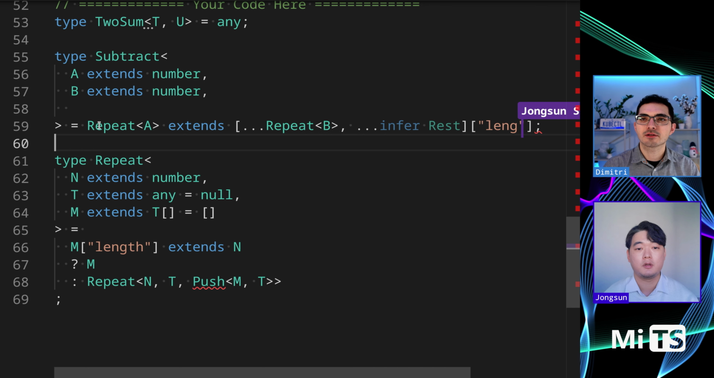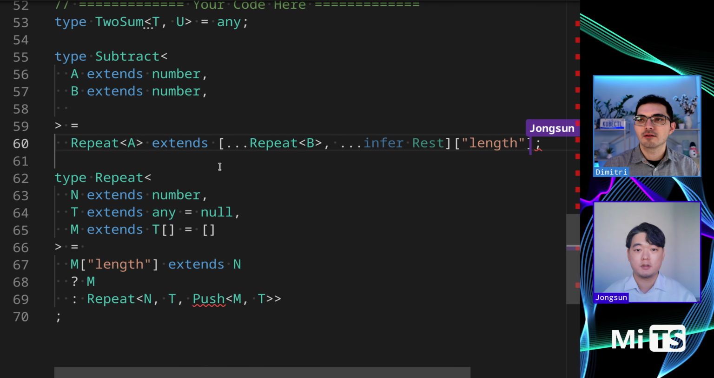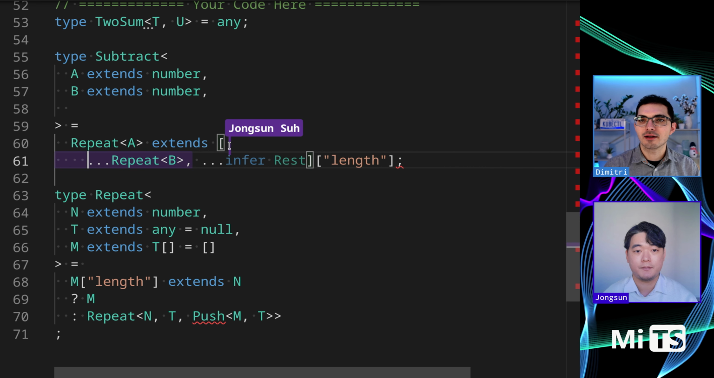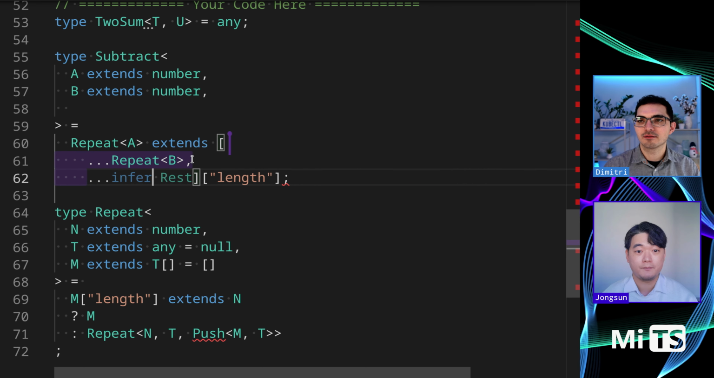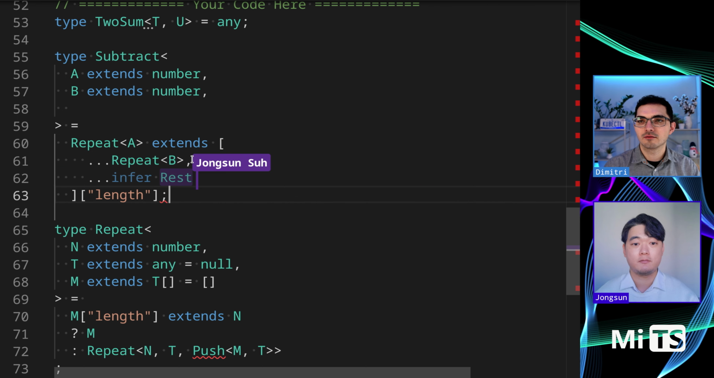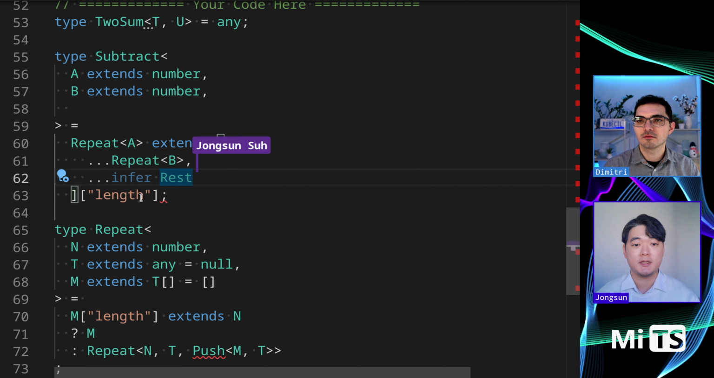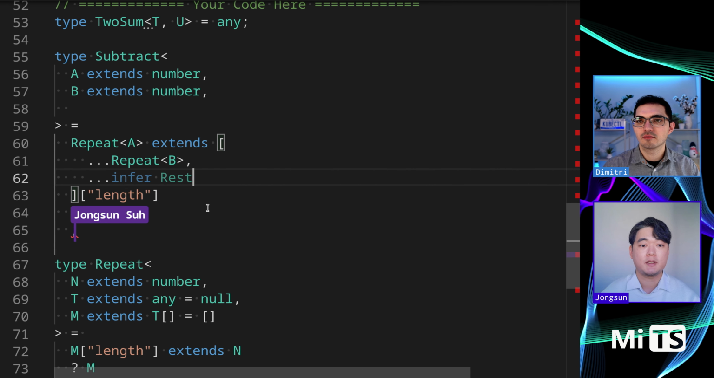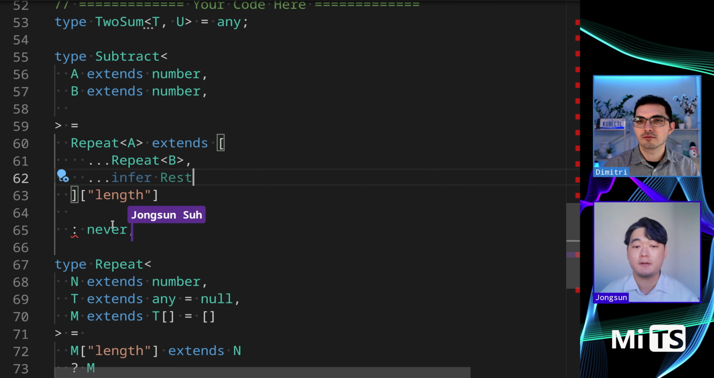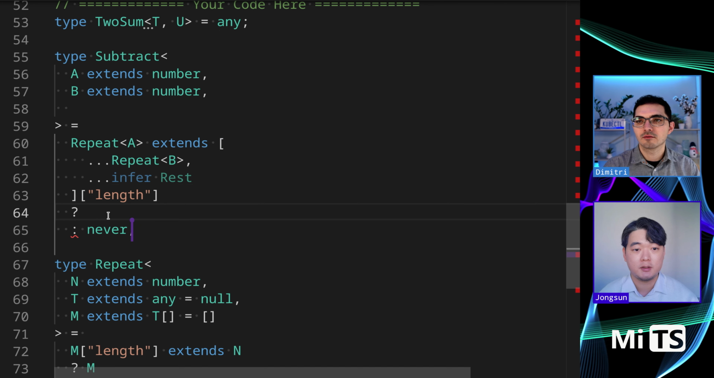Infer. Oh, okay. Interesting. Wow, that's a clever way to solve that. I'll format it for you. Don't worry. Yeah, rest should be a minus b at this point. But if a is lesser than b, then we're going to get a negative number, which we're not going to